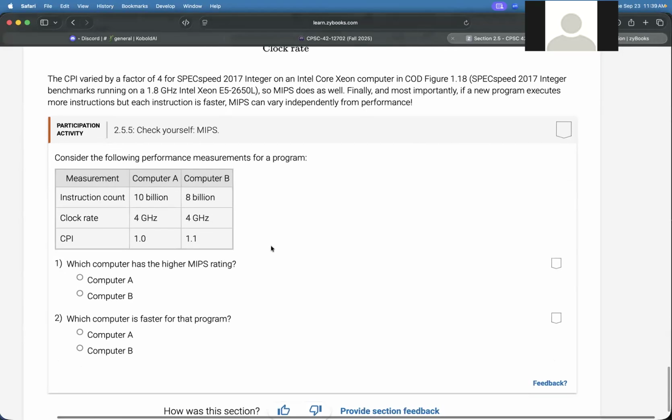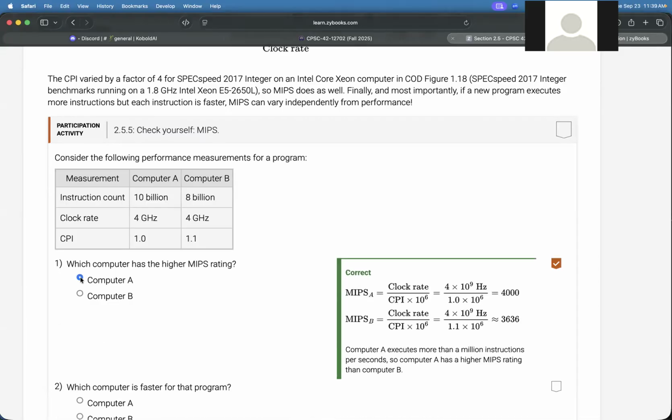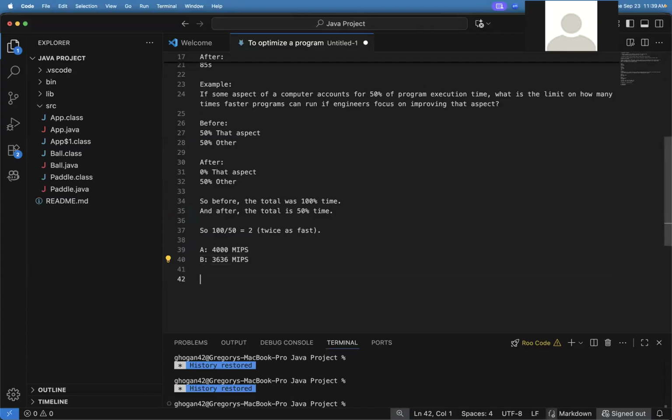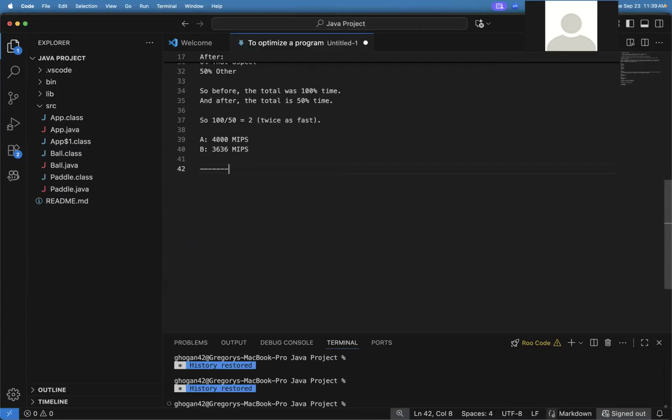Okay, so which computer has the higher MIPS rating? Computer A, right? 4,000 versus 36. Now, which computer is faster for the program, though? This is 10 billion instructions, and this is 8 billion instructions. So if computer A takes 10 billion instructions,